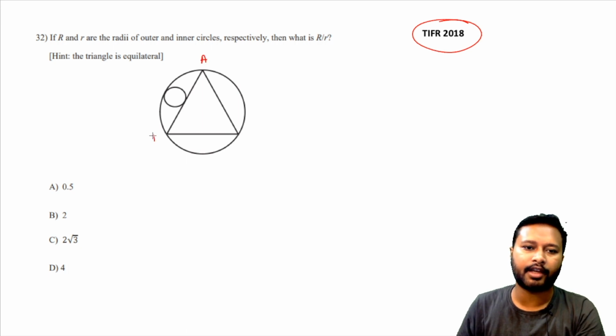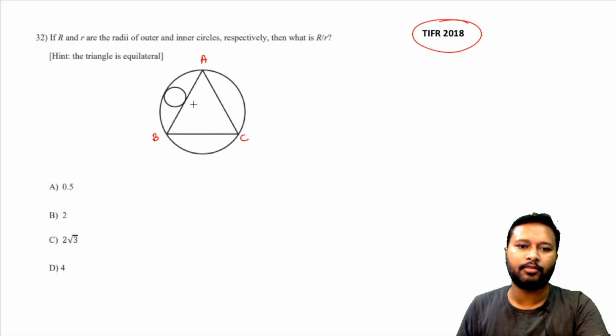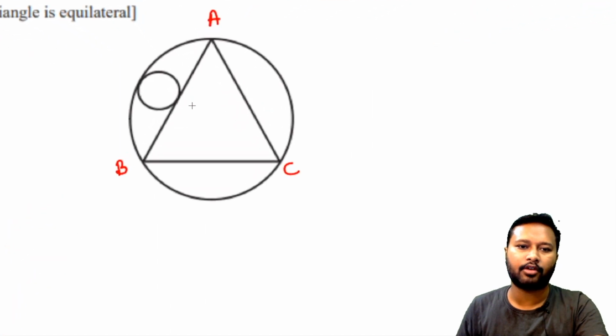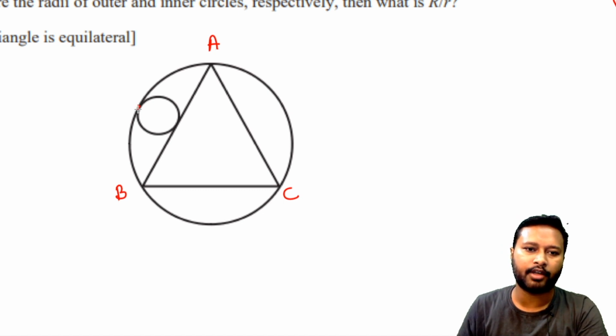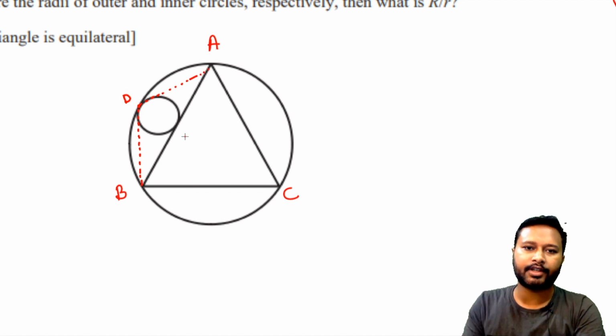Let's call this triangle ABC. I'll zoom this a little bit because we are going to draw a lot of things in this particular image. Okay, fine. So the first thing I'm going to do is take a point here that is going to be my point D, and I'm going to join that point with B and with point A. Now this triangle being an equilateral triangle, you know every angle is going to be equal to 60 degrees, all the angles.